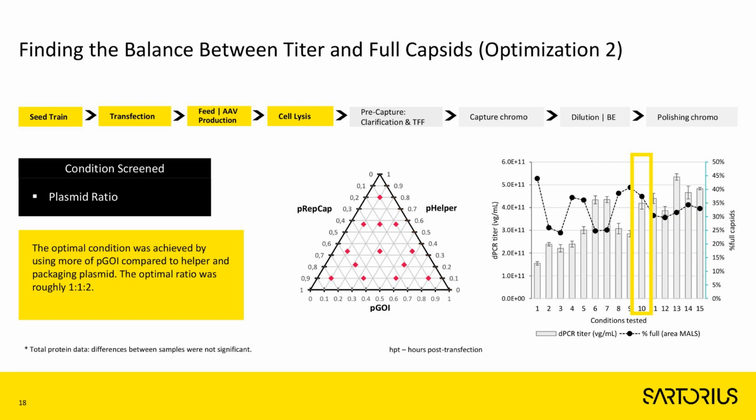So this is, let's say, a model system that we used. Just by eye, you can notice on the right graph, the condition number 10 showed high titer and high percent of full as well. This condition was roughly a plasmid ratio of 1 to 1 to 2. And this was the condition, combined with the previous results, that we proceeded on in